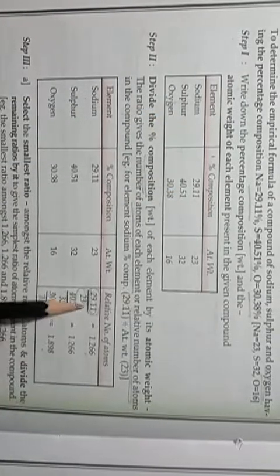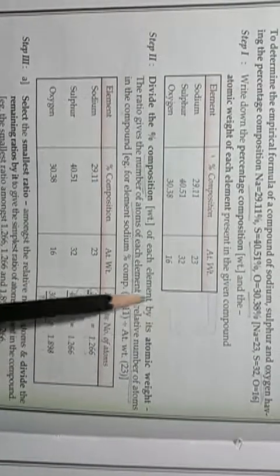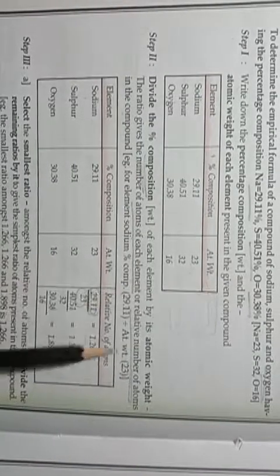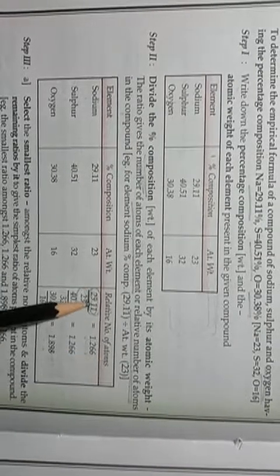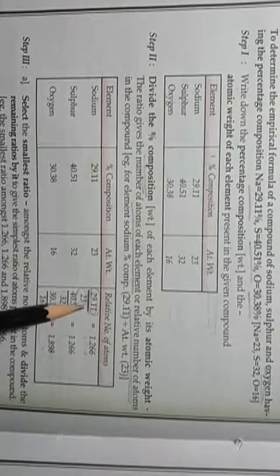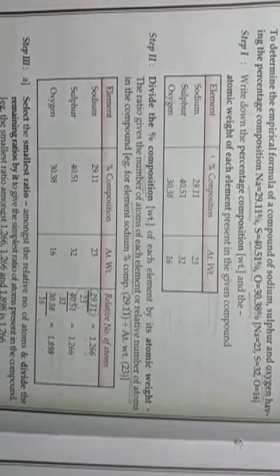We added one more column in this table in the form of relative number of atoms. Here we added one more column in this way, and their relative number of atoms we have calculated by dividing the percentage composition of the particular element by its atomic weight. The next step,